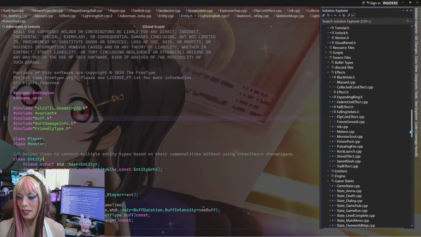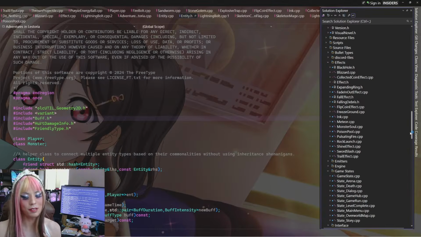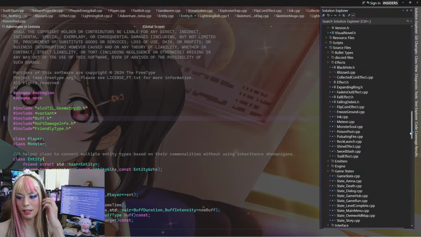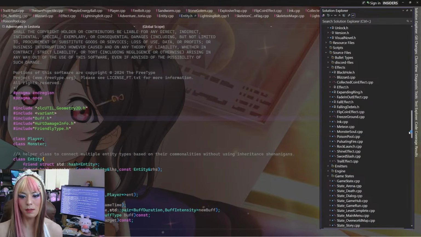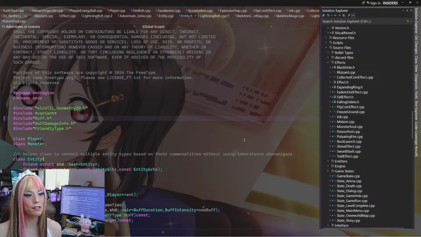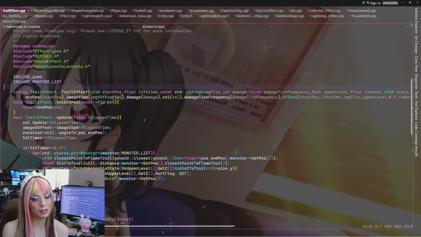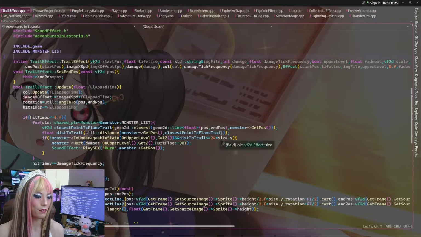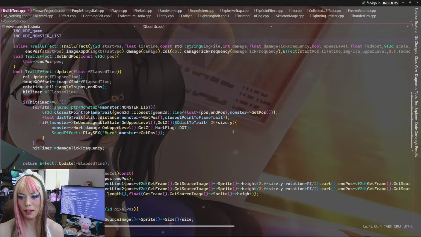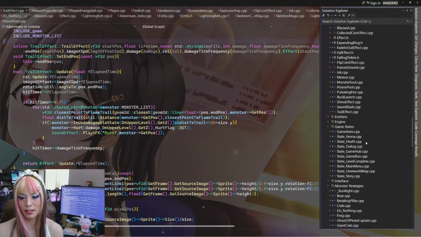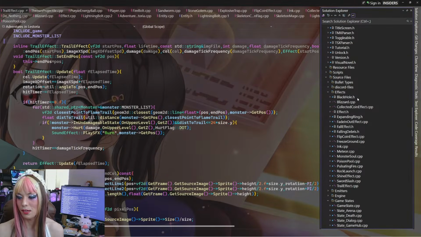The reason for doing that is because I believe we run into an issue where we have to reference the header file in the effect types header, but then we need to reference the effects header inside of the actual class itself. So I think we found out for trail effect, we would need to reference an effect and vice versa, and that wasn't possible. And then I think the same thing is going to happen for the others. So we're quickly going to adjust these.